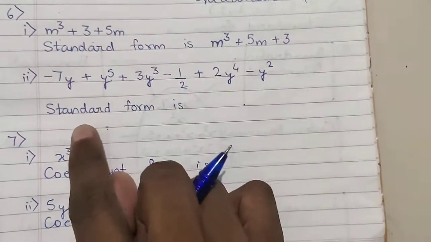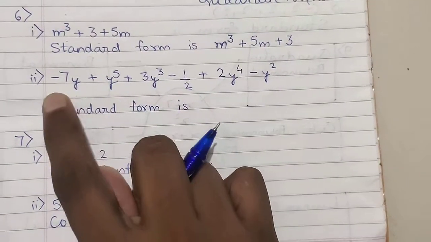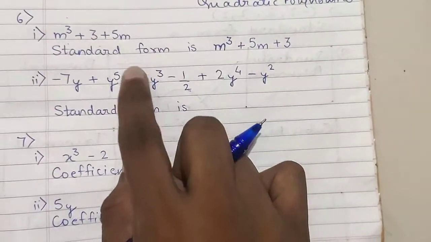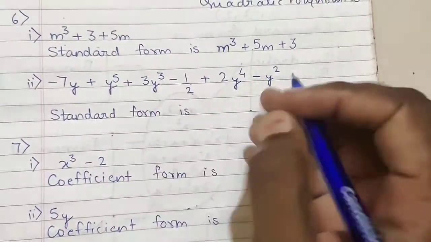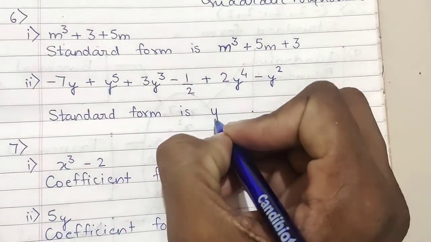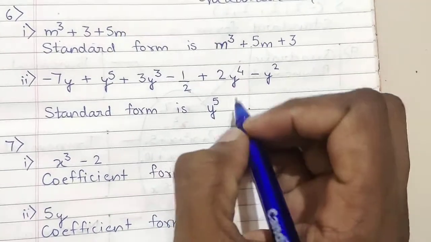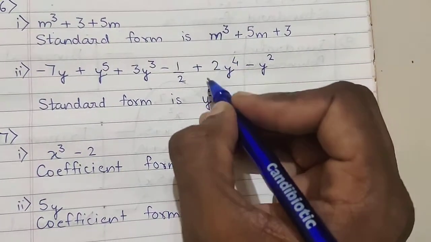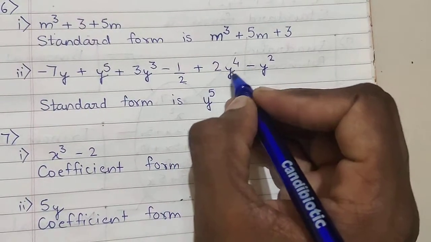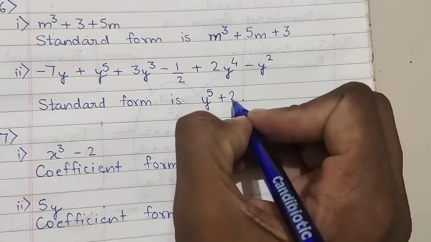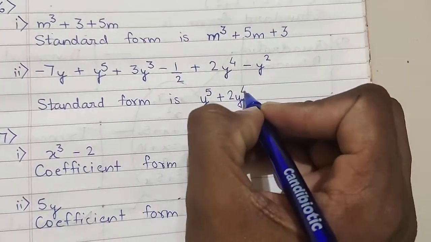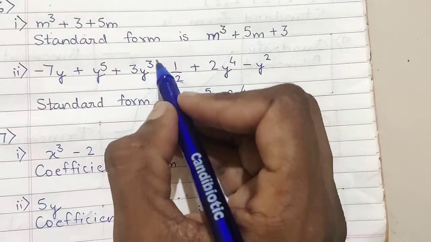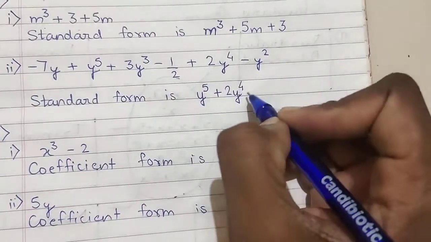Now same way you are going to solve your second question. Now in this case your highest power is what? Y power 5. So you are going to write y power 5 first. Now after power 5 you are going to write power 4 and this is your power 4. So plus 2y power 4. Now after power 4 you are going to write power 3. So this is your power 3. So plus